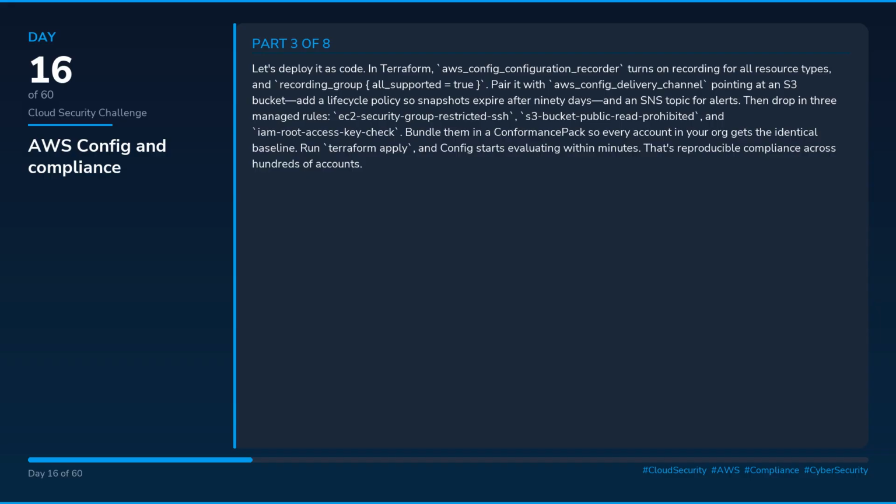In Terraform, aws_config_configuration_recorder turns on recording for all resource types, with recording_group all_supported equals true. Pair it with aws_config_delivery_channel pointing at an S3 bucket, add a lifecycle policy so snapshots expire after 90 days, and an SNS topic